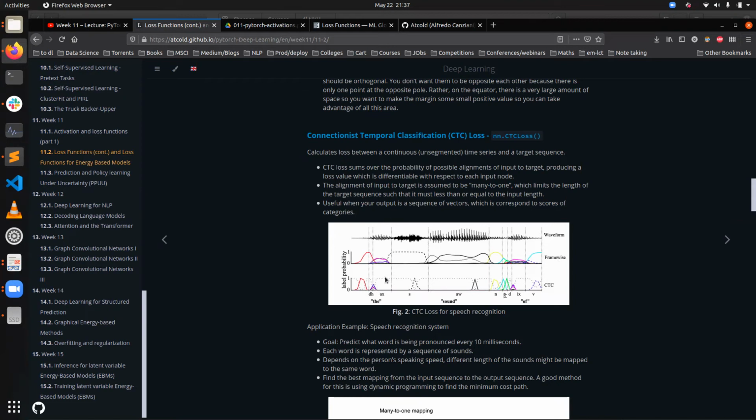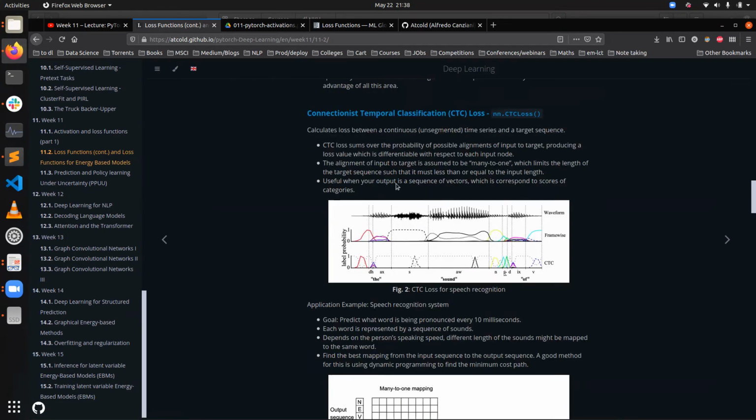But the problem here is sometimes someone may utter the word 7 in a really slow manner. So sometimes you have the first 20 labels as S, and sometimes you may have only the first 5 labels as S and the next few labels as E or so. So this loss just takes care of that basically. So your input can have variable length.